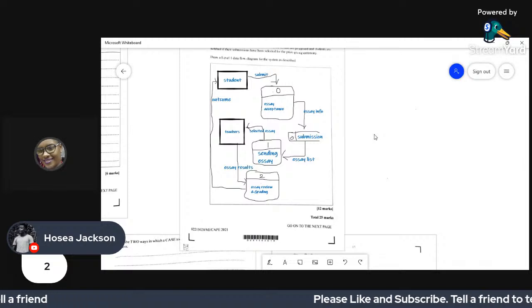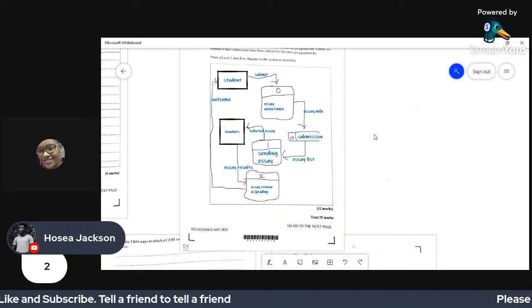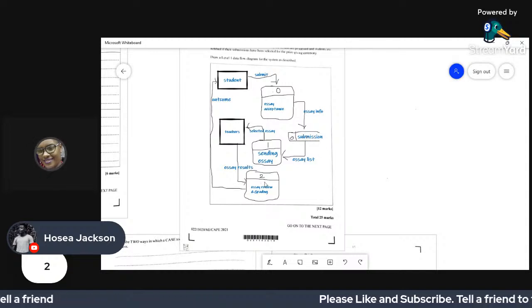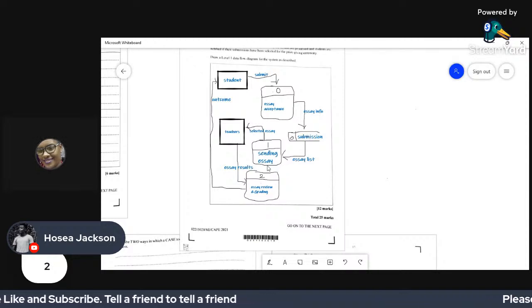How is it that your 12 marks would be awarded? Data store, we have the data store. So that's 1 there. So you'd get 1 mark for that one. 3 processes. So that's the 3 marks. So 3 and 1, that's 4. Your data flow in terms of your lines.